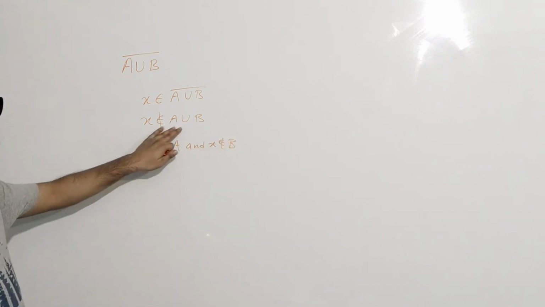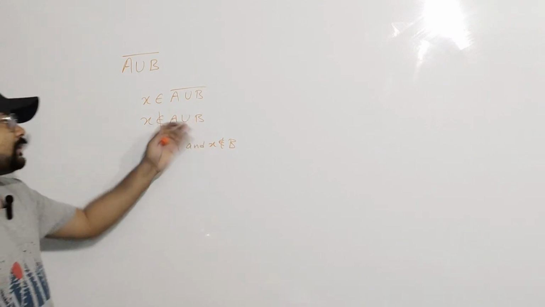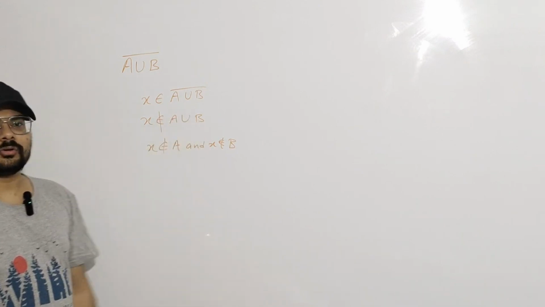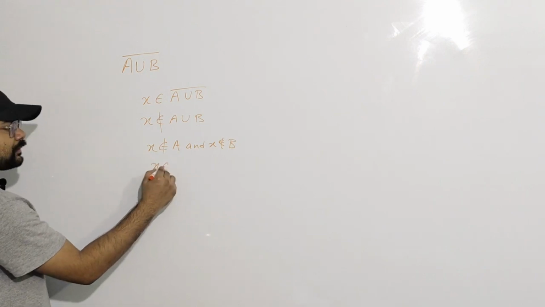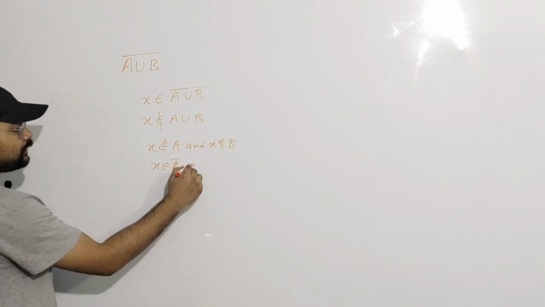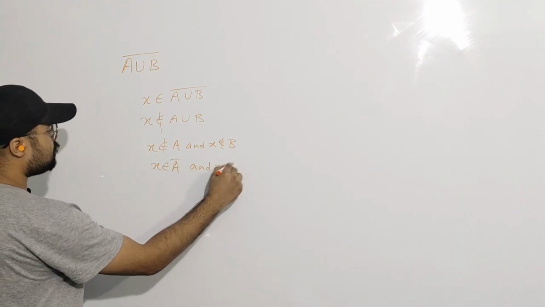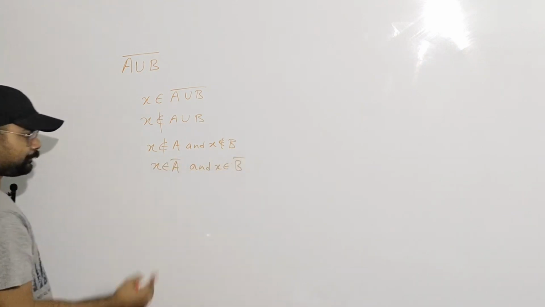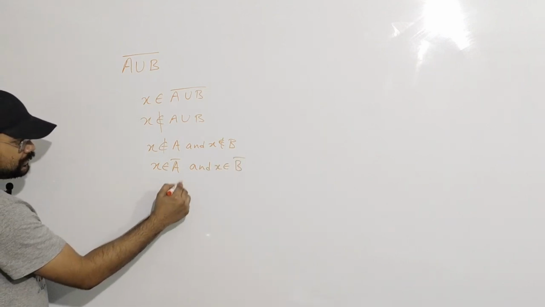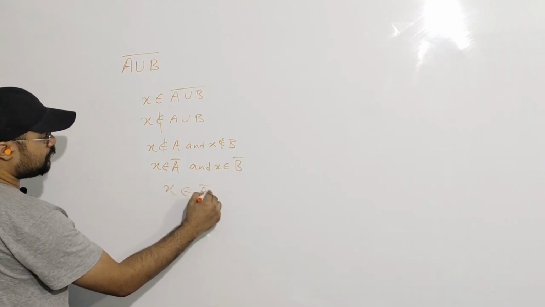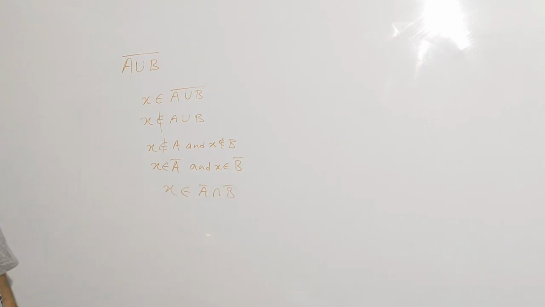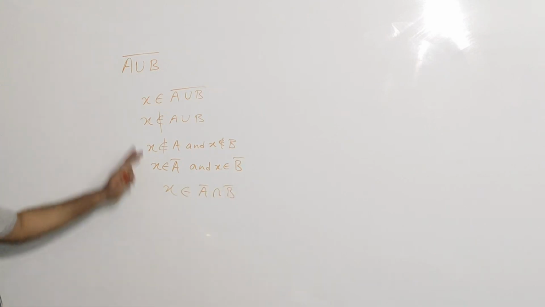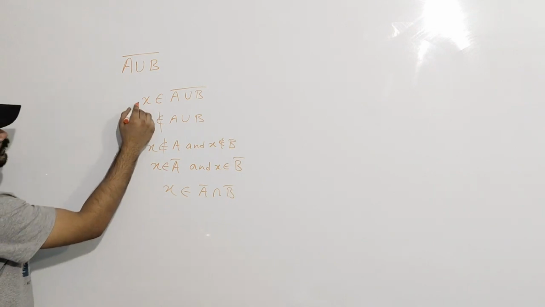If X does not belong to A union B, this means that it does not even belong to A or it does not even belong to B. What is this? It is nothing but X belongs to A complement and X belongs to B complement, and then this means that X belongs to A complement intersection B complement. Okay, now from here, from here,